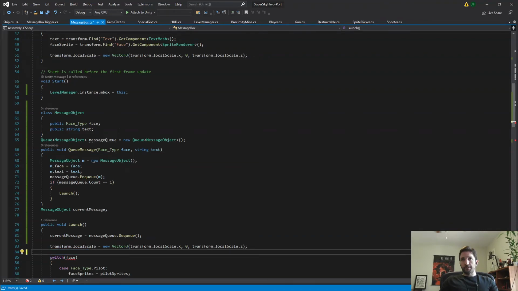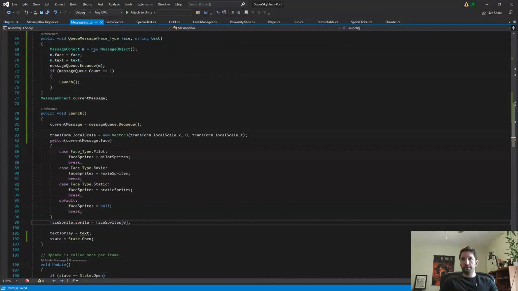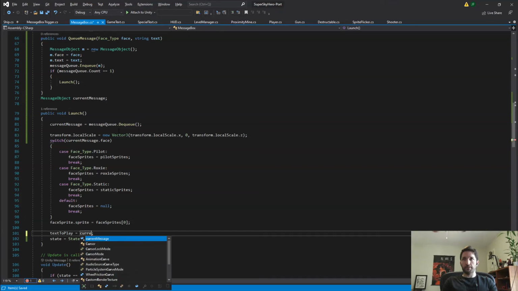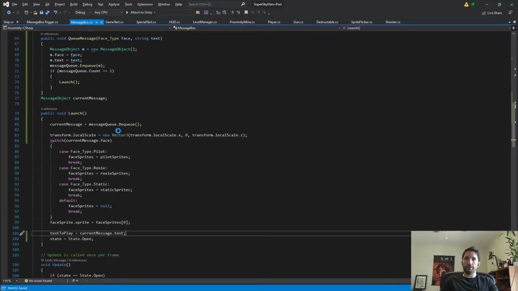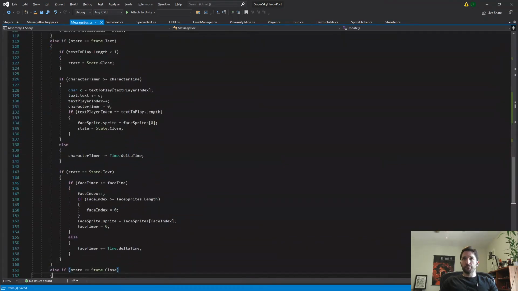I don't care about this dot face. This is going to be current message dot face, like that. Text to play is current message dot text. It will open. It will close, and when it's done,